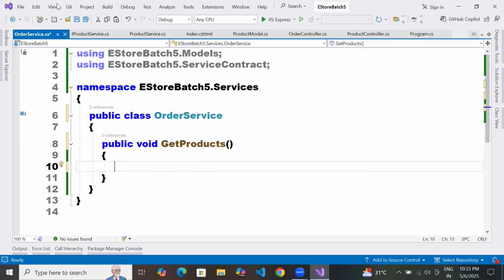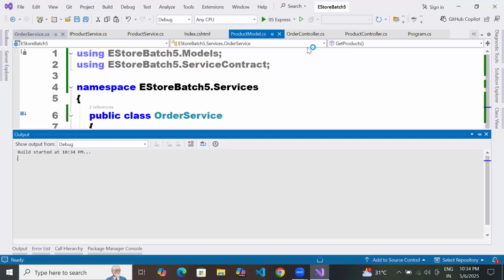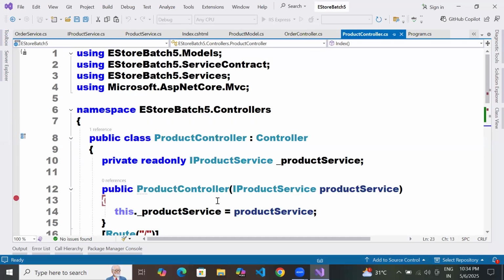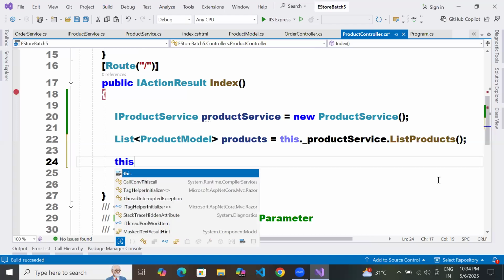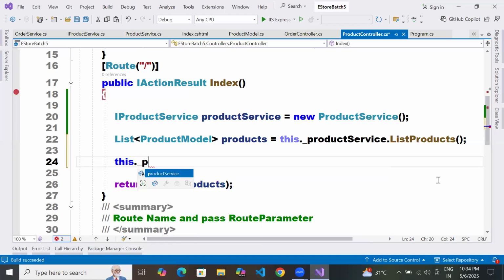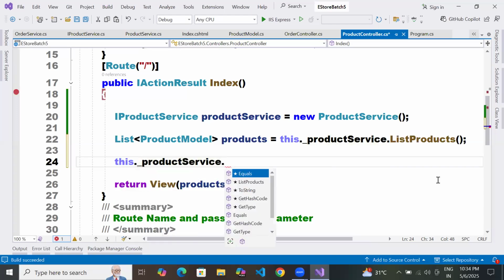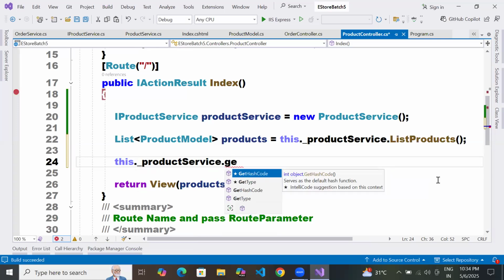Now, when you build the project and go to the product controller, in the index action method, can I call this dot _productService dot get? It's not coming.